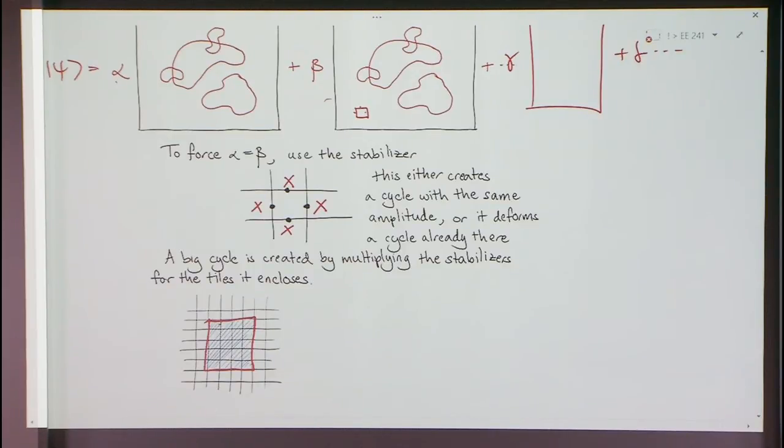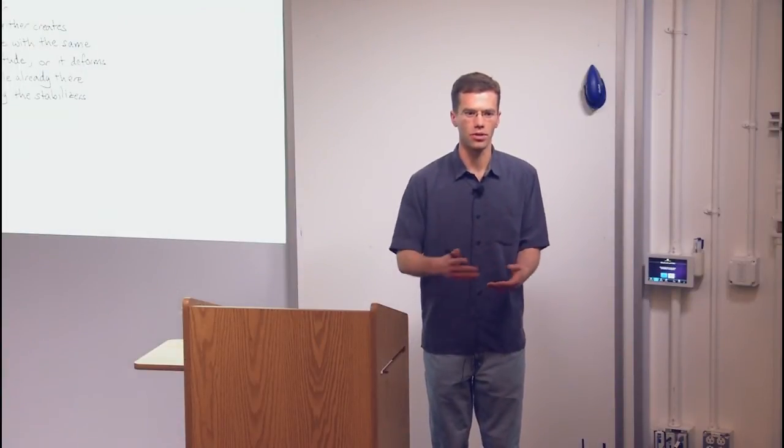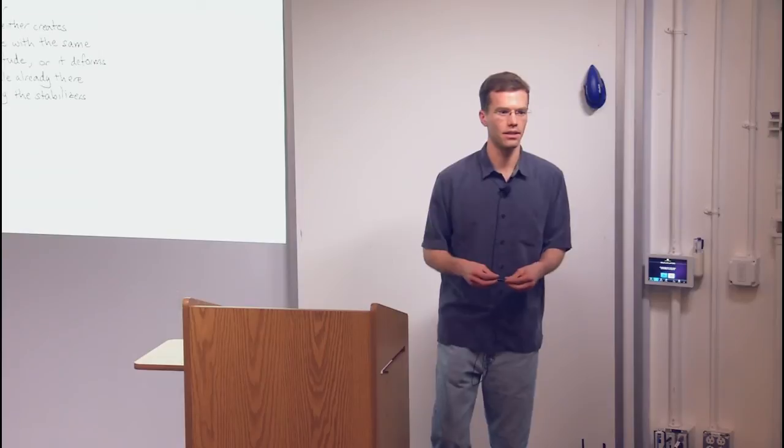you can just multiply the X stabilizer for the first tile times the stabilizer for the second tile, and so on. Take the product of all those tiles' stabilizers. The X's on the interior edges will cancel, since X squared is equal to the identity: two bit flips cancel out. So if you're stabilized by all the individual ones, then you're stabilized by their product. Their product corresponds to this big cycle, so you're stabilized by this big cycle. The amplitude doesn't change when you add or subtract a big cycle or a small cycle.